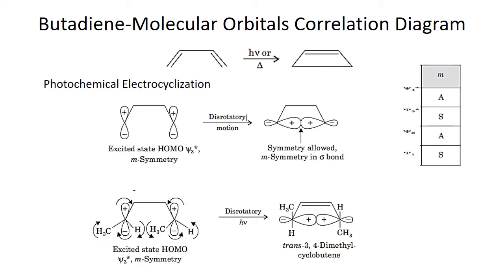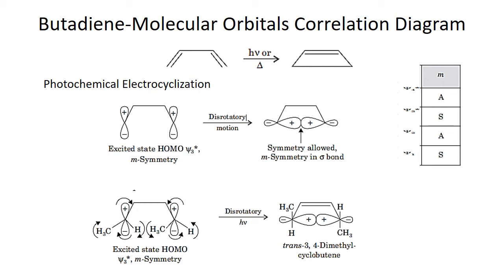Okay, let's move to the photochemical electrocyclization. We already discussed that if one reaction is thermally allowed, then it won't be allowed by the similar process through photochemical means. Just like we have talked, thermally that reaction is allowed only through conrotatory motion. So what we anticipate is that photochemical electrocyclization shouldn't happen through conrotatory motion, it can only happen through disrotatory motion. So let's see how it goes.